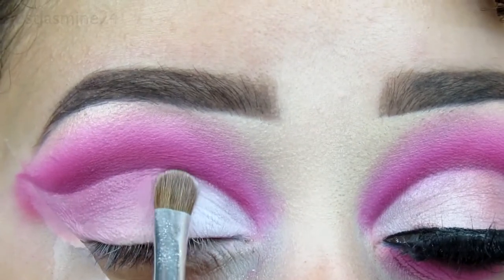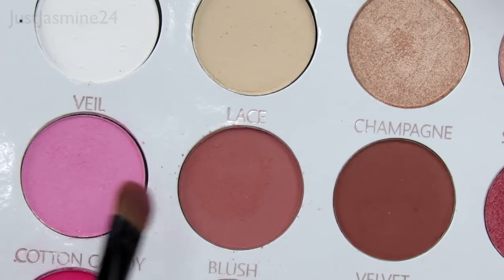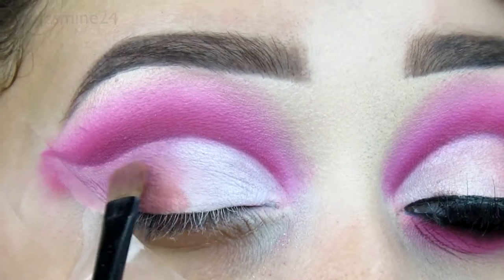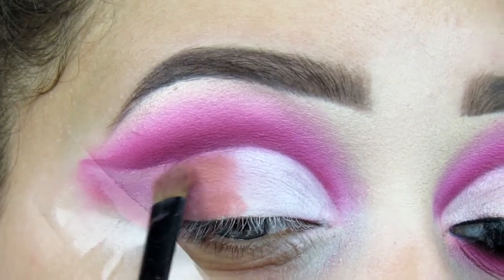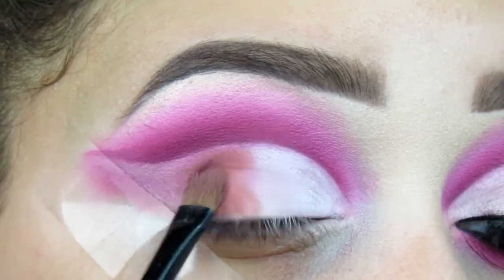The only thing is that it can look a bit chalky if you over apply it. Now I'm going to take these two shadows right here, and I'm going to blend it right where the white is at, but also going a little bit more outwards. So you will see that I go back and forth with my brushes to merge those two shadows